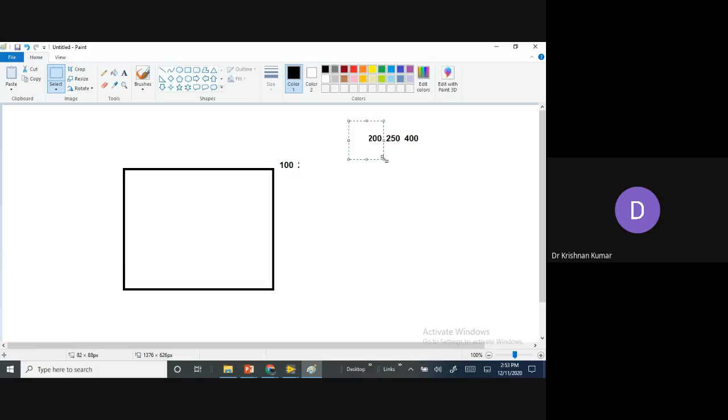and 200 in another location, and 250 another location, then 400 some location. Now these are the actual readings from the sensor we will be getting. So now how we have to make a mapping means, I am making this as a